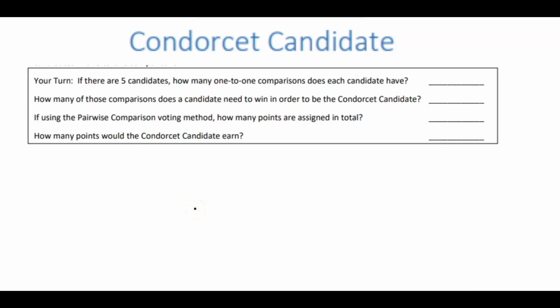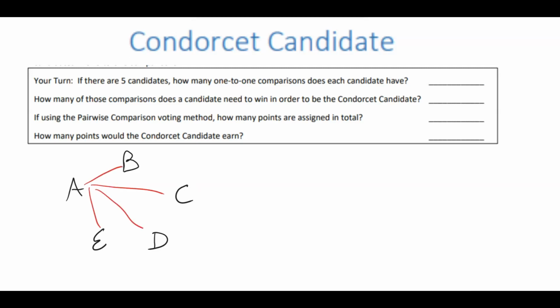Let's discuss the concept of the Condorcet candidate. So, for example, if there are 5 candidates, let me label them A, B, C, D, and E. If we wanted to look at the different pairwise or one-on-one comparisons, we would have A needing 1, 2, 3,